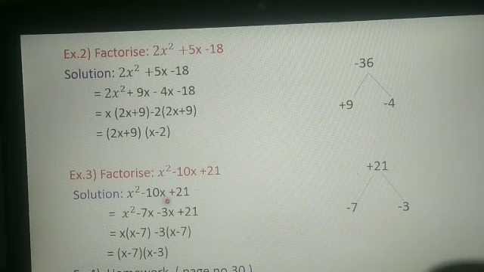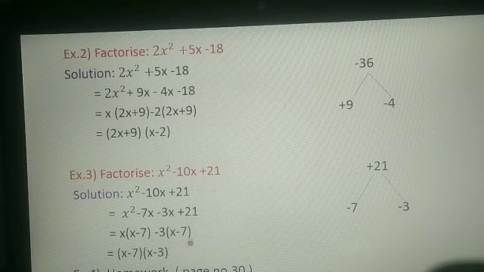So x square minus 10x plus 21 will become x square as it is. Now instead of minus 10x what will we write? These two terms we will split over here: minus 7x minus 3x plus 21. Now from these two terms we will take x as common. What is left? x minus 7 in the bracket, and from these two terms minus 3 we will take out, and what is left then? x minus 7, because minus 3 and minus 7 if we multiply we get plus 21.